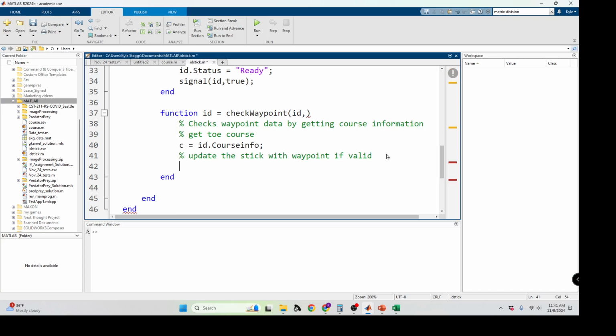So if it's valid, we need to update the stick. And we need to store this in a couple pieces of information. So we need the ID, we need the number. This is going to pull a few things in. So it's going to have ID and this I think is actually going to be